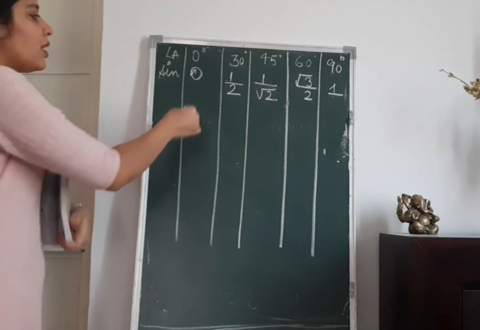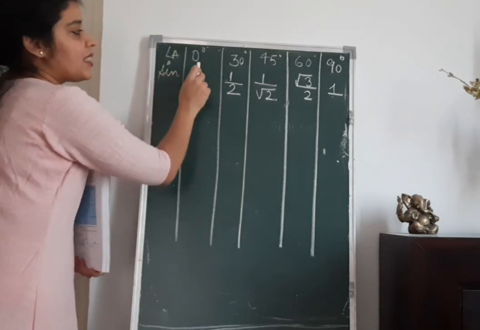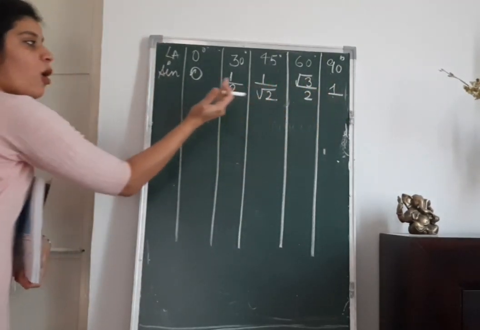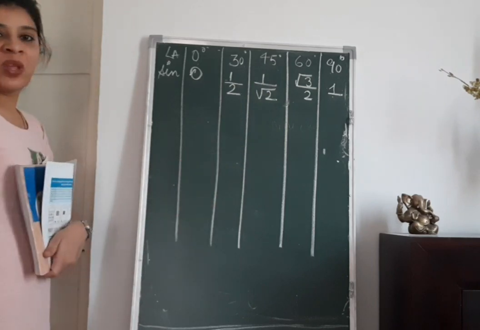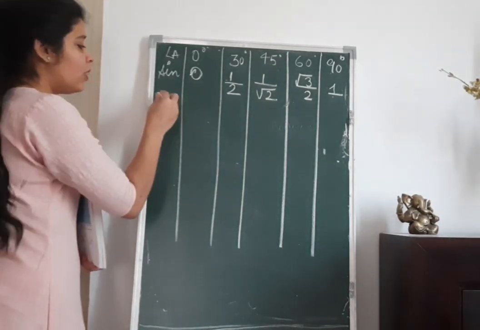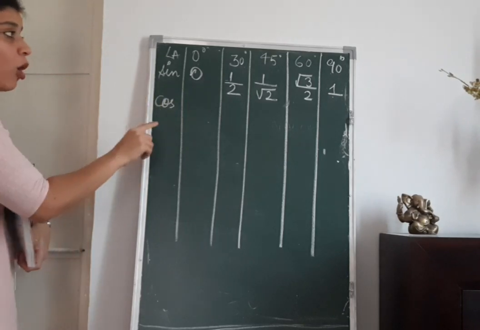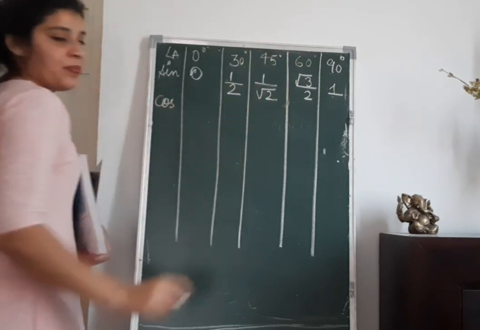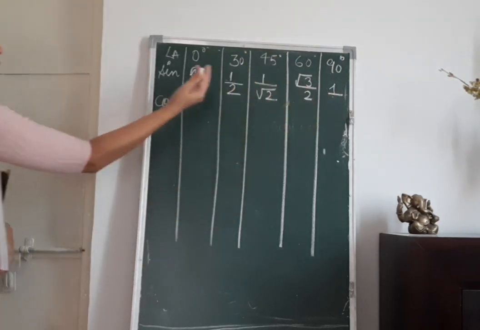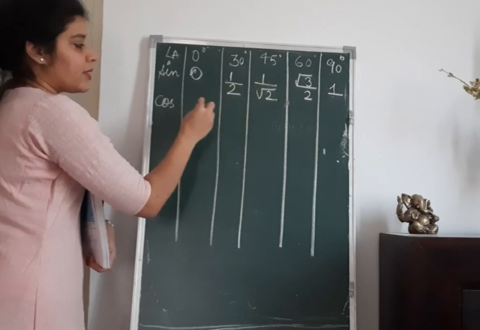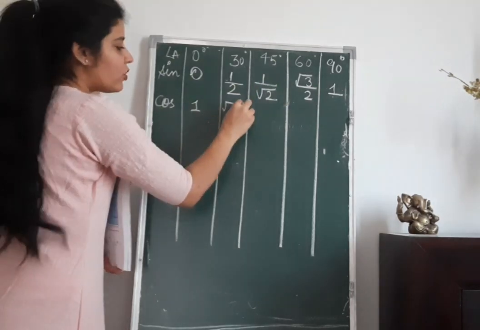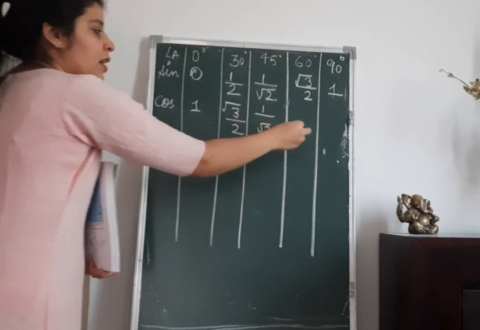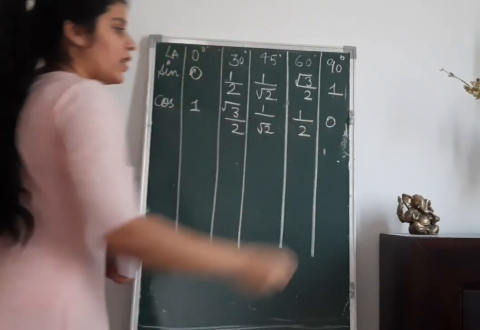Okay, first of all, we just need to know the value of sine 0 degree, 30 degree, 45 degree, 60 degree and 90 degree. Now once we write all these values in reverse order, we are going to get the value of cos for all the angles, that is 0, 30, 45, 60 and 90. What we have to do, we just have to write all these values in reverse order. So let's write. 1 will come here, root 3 by 2 will come here, 1 by root 2 will come here only, half will come here and 0 will come here.